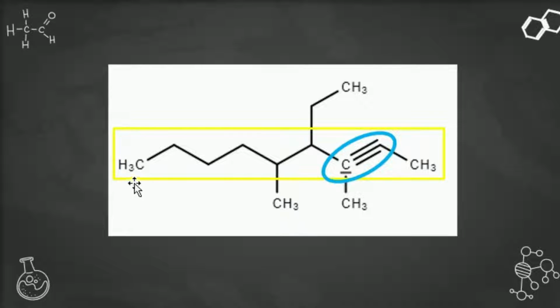So we will be counting 1, 2, 3, 4, 5, 6, 7, 8, 9. We have 9 carbons and we need to identify the number of bonds. We have a triple bond. We have "non" because we have 9 carbons. That would be the prefix non, and then the suffix would be -yne because this is an